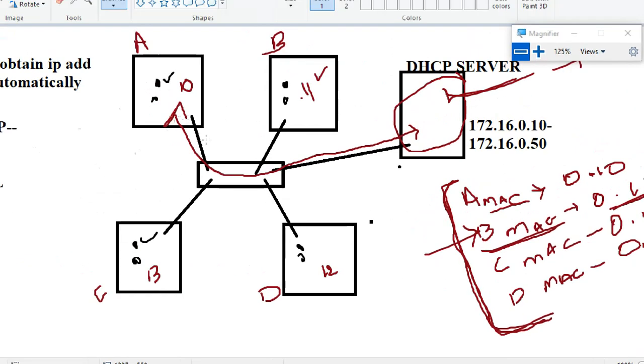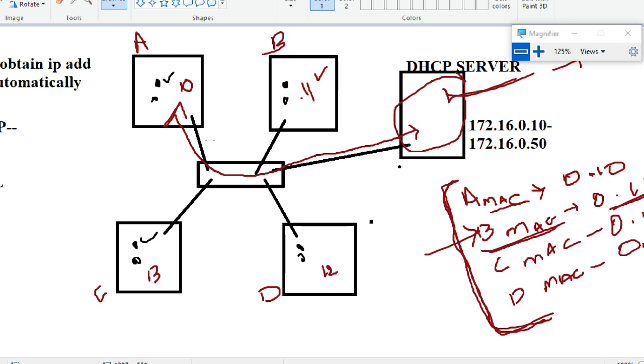Another option is that DHCP works based on yesterday's IP. Your DHCP will sometimes give you the same IP address, because it has a list of MAC and IP address assignments as cache data, and it tries to give you the same IP address.